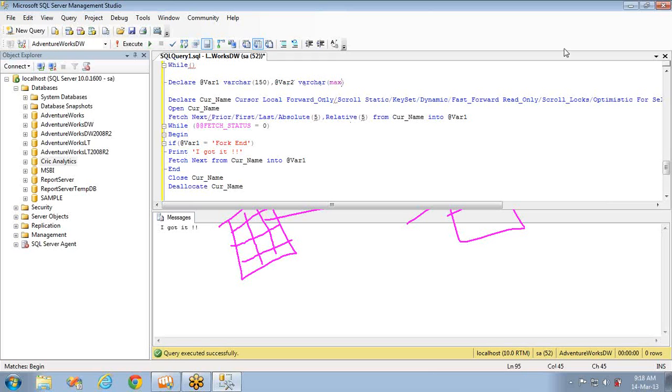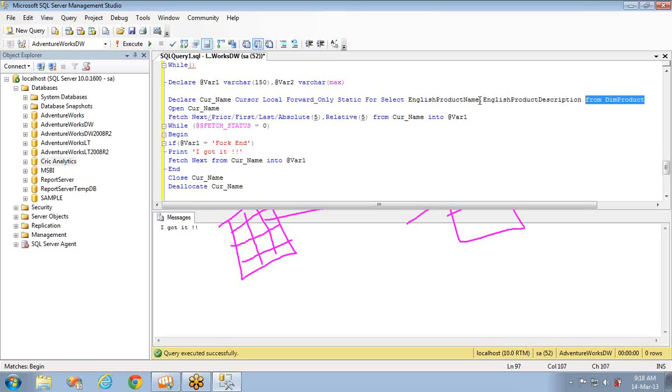Instead of forward only, I'll make it static, and I'm giving English product name as well as